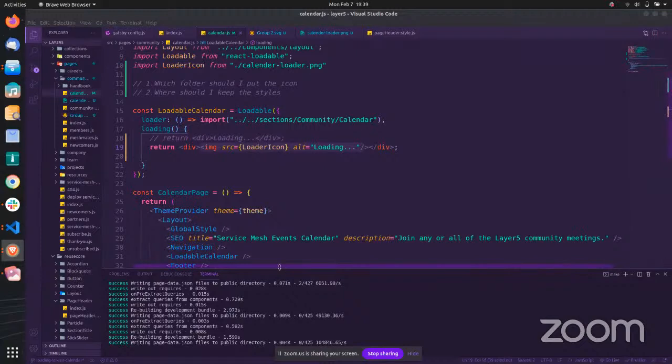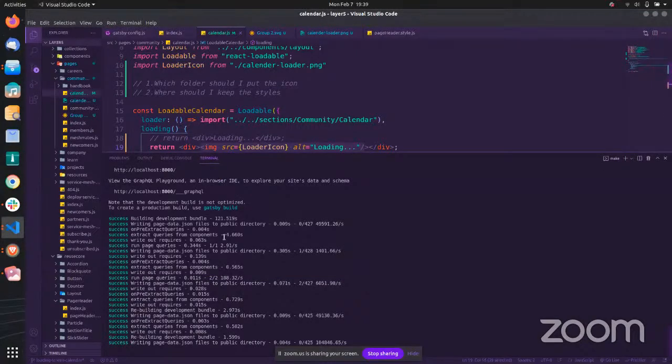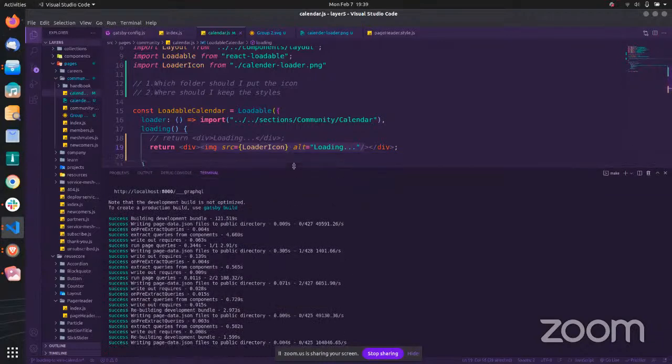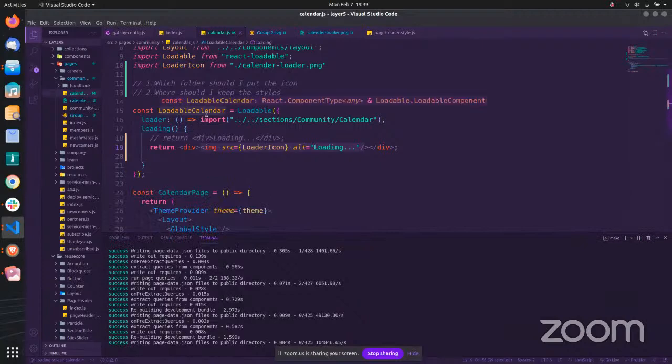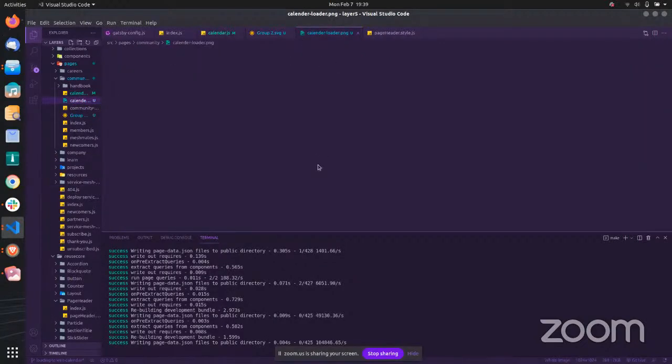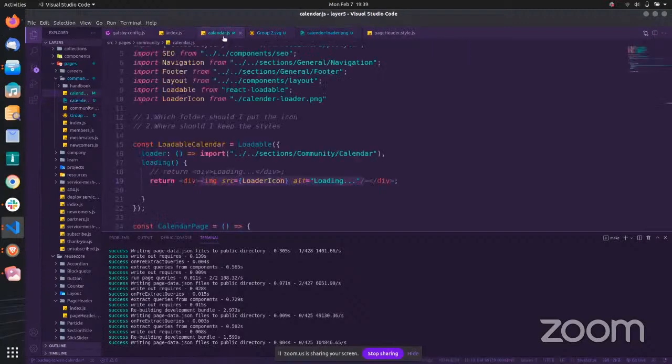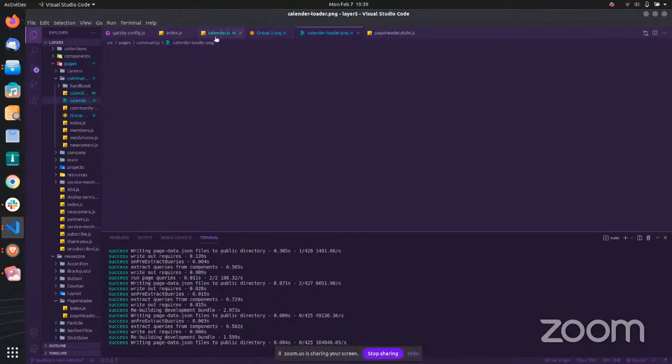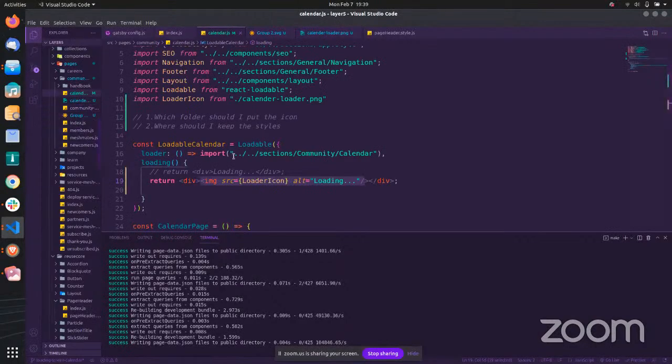Right now I'm using this thing, and I'm not getting an error. One thing I want to ask: if I'm able to do this, where can I put this image? Right now I'm just putting this loading PNG here, but it is not loading. So where can I put this icon?